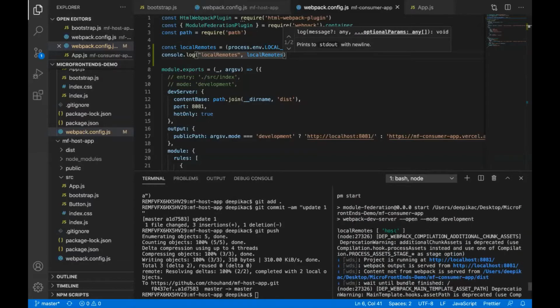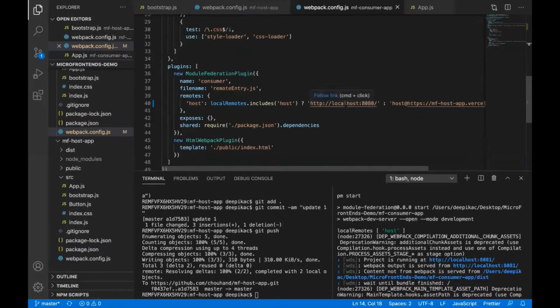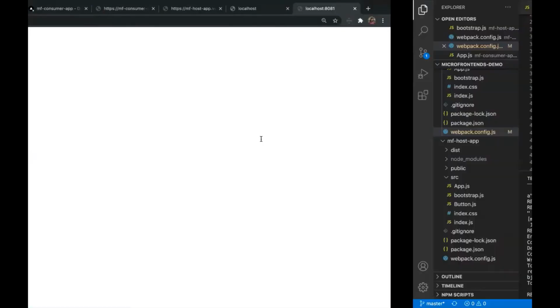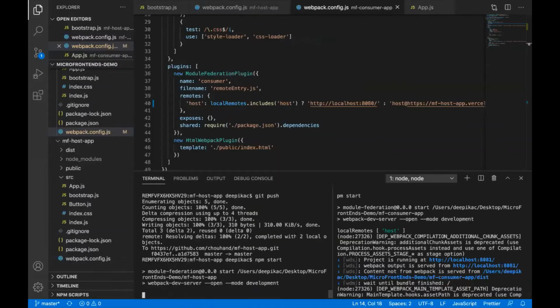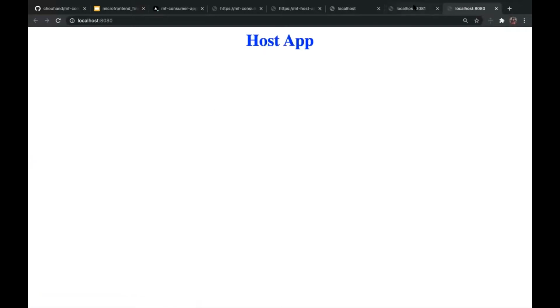The value you are passing is host, so obviously it is looking for this if condition. So localhost 8080, which is not actually up, so you are not able to see the application. Let's start the host application also. Your host application is working locally, and let's start this one.